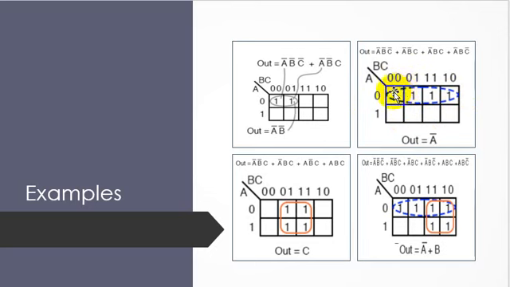If you can see that throughout this pair we have 4 columns involved, then B and C are alternately going to be changed. So we cannot write down B and C, and we have a very clear image that A is the same throughout this row and this pair. Then we can just write down the value A, and the value of A is 0, so that's why we write down the complement of A.